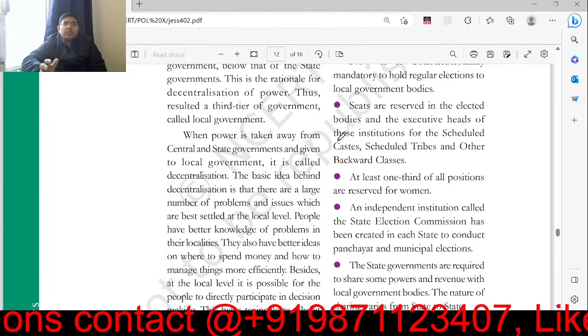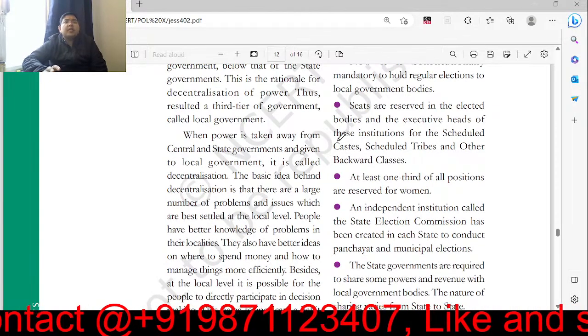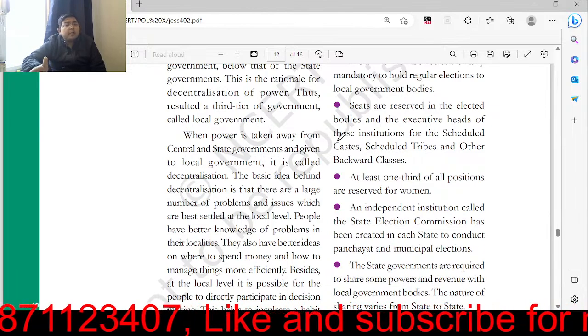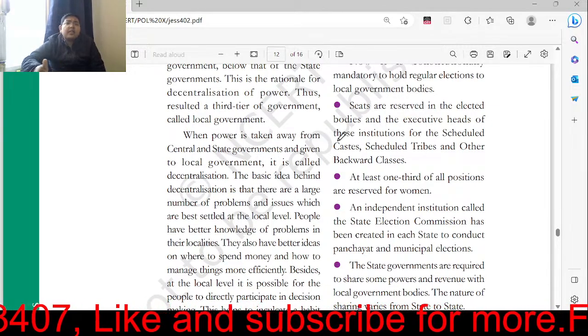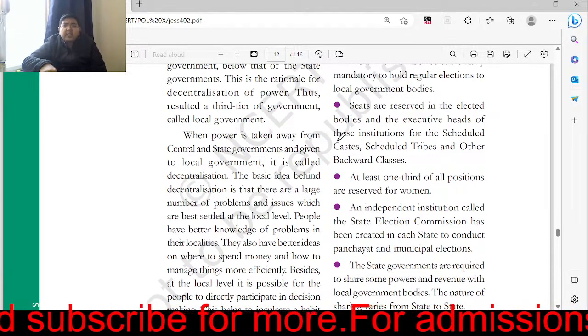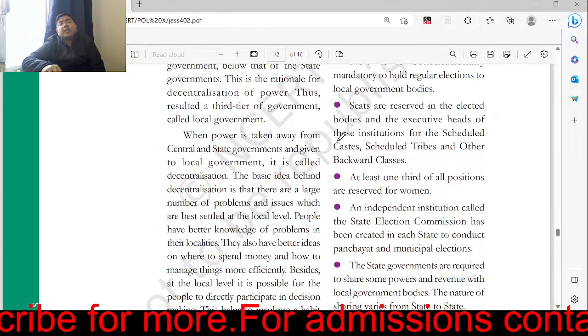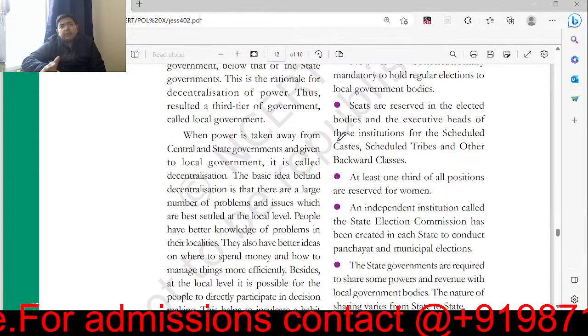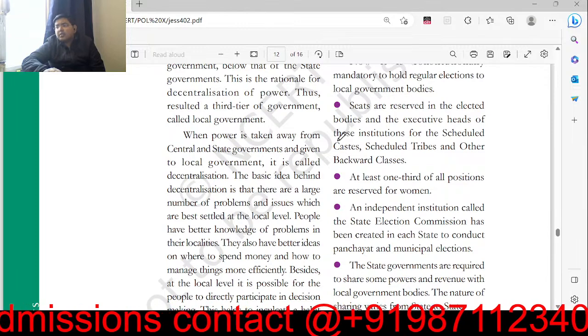And in order to ensure that these local governments are independent and working as per the prerogatives given by the constitution, there is an independent institution. Every state has an election commission that has been specifically created in each state to conduct these panchayat and municipal elections. If you have seen one of my videos where we talk about elections of the president and the parliament,